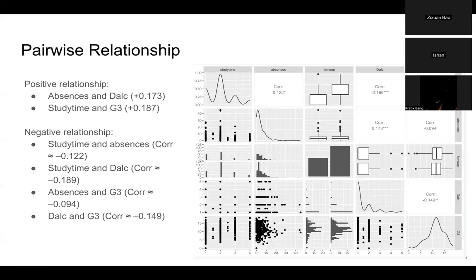And also that alcohol use and absences had a positive relationship amongst themselves. As far as negative relationships are concerned, alcohol use had a negative correlation with the final score, which suggests that heavier drinkers tend to underperform. Also, study time is negatively correlated with both absences and alcohol use, which suggests that students who study more tend to skip classes less and drink less. I think all of these variables basically tell us how a regression model will develop and help explain which predictors might matter the most. And then as I build the initial linear regression model, you can go to the next slide.